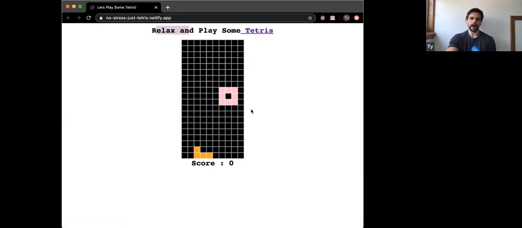As you can see, I can move the pieces left and right. They don't go off. If I continue to hit the right, it won't go off the page. I can hold down and it will go down faster. This is all really based on an X and Y axis. This is 200 pixels by 400 pixels. Each square is about 20 pixels, and it recognizes each square and whether it's vacant or open. So for instance, this piece will not crash into this piece or overlap, and it will stack on top of